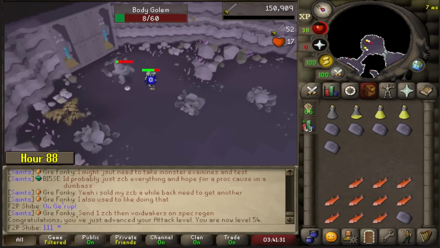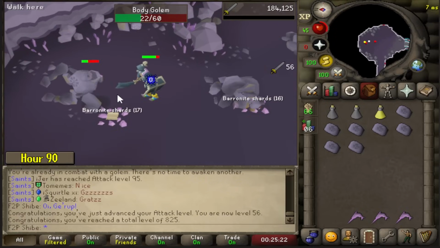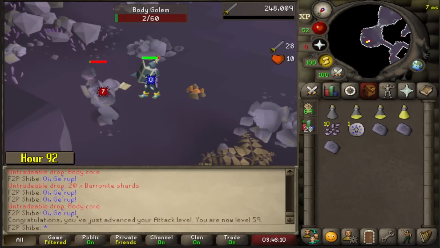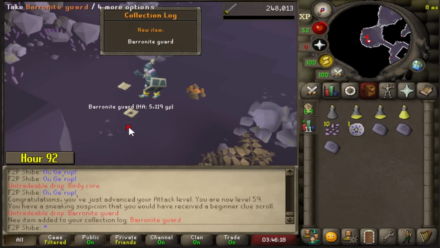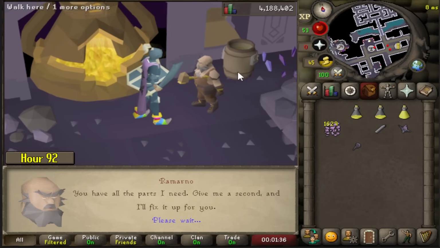Unfortunately, I was here for a long time killing these golems. It's supposed to be a 1 in 250 drop rate, but I got incredibly unlucky on them. I did get a lot of XP and level ups, sure, but it took me well into hour 92 to get it. So, there's only 8 hours left now, and I still feel like I have so much to do